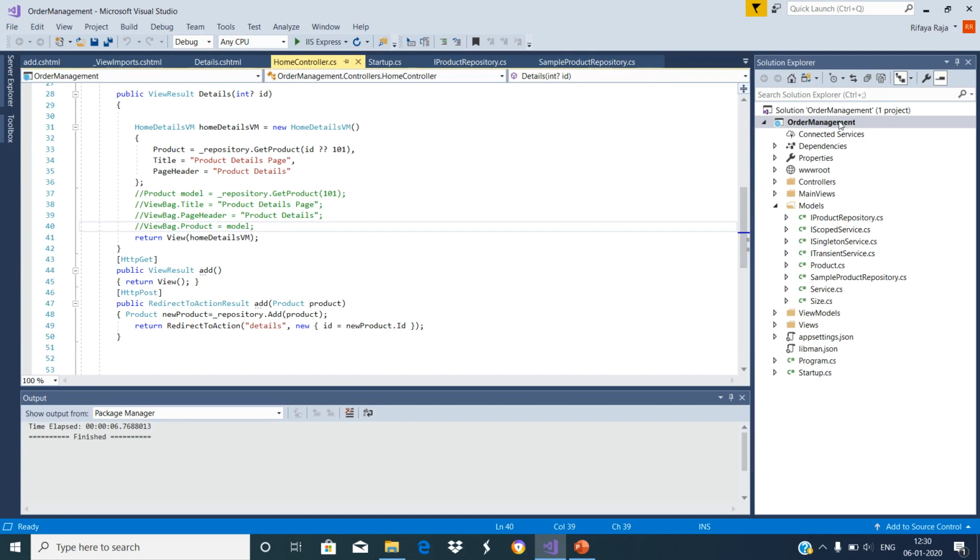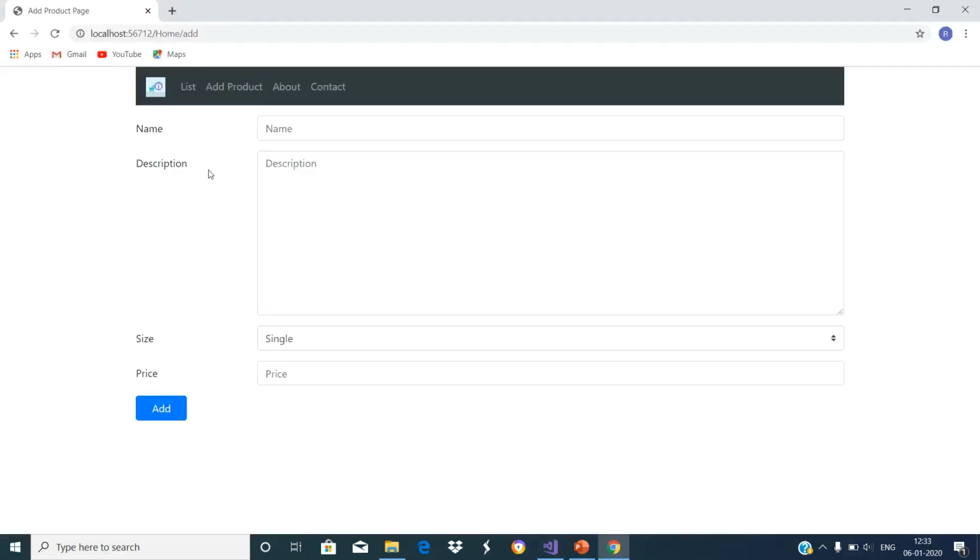This is an ASP.NET Core MVC application we have created with a simple empty project template. Let us use this in order to understand the model validation in ASP.NET Core. At this moment, this add product form does not have any validation in place. So if we submit this form without filling any of these fields, we will end up creating a new product and these fields are null. So let us apply the model validation for this form. If the required field values are not provided and the form is submitted, we want to display the required validation errors. Let us achieve this.